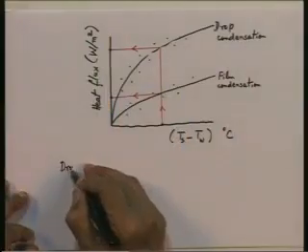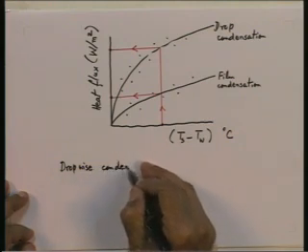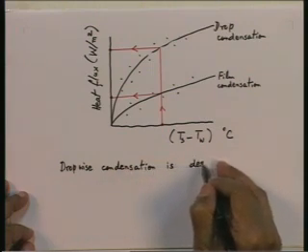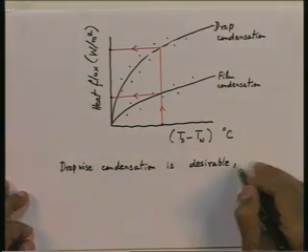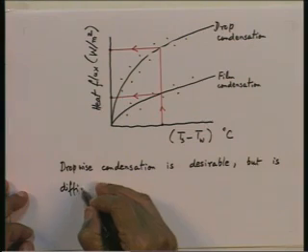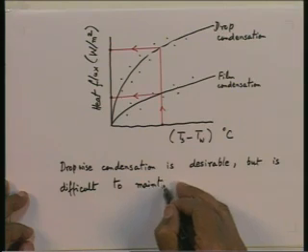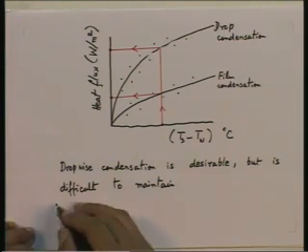So, let me just make a few notes here. Dropwise condensation is desirable, that is the point I made. Dropwise condensation, as we can see from the data shown in this figure, is desirable, but is difficult to maintain. Difficult to maintain, I am repeating what I said. Therefore, the usual practice